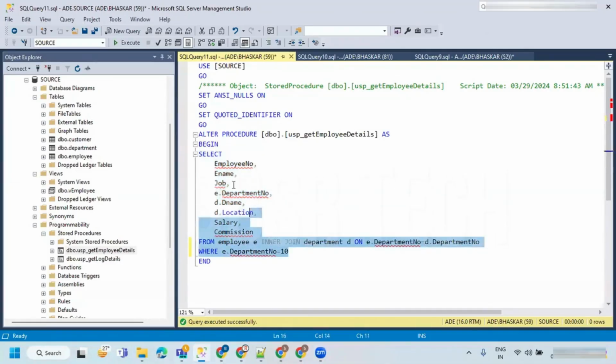Did you attend the SQL sessions? No, sir. Okay, just go through the previous sessions, where we discussed how we can read data from a single table and from multiple tables. In real time, we are not going to take a single table like this. I showed you a single table just for understanding. But in reality, you are going to take data from multiple tables, so you have to write join statements. I explained it clearly. Go through the previous SQL sessions and you'll get better clarity.